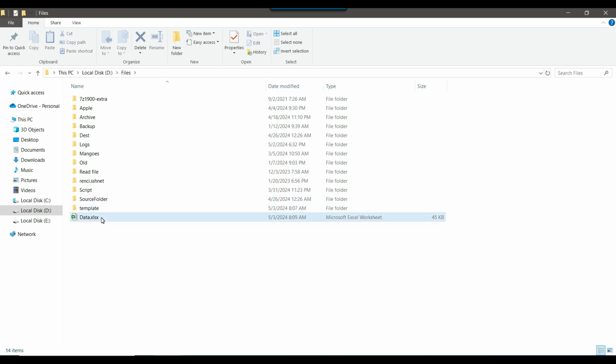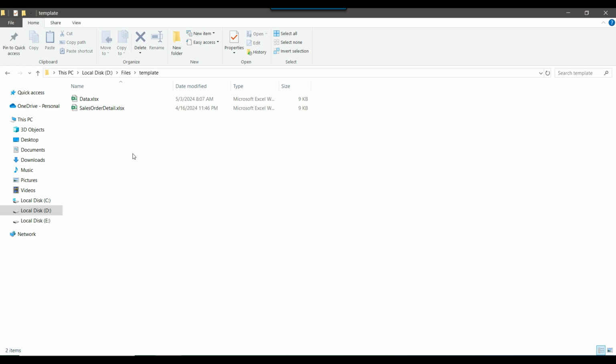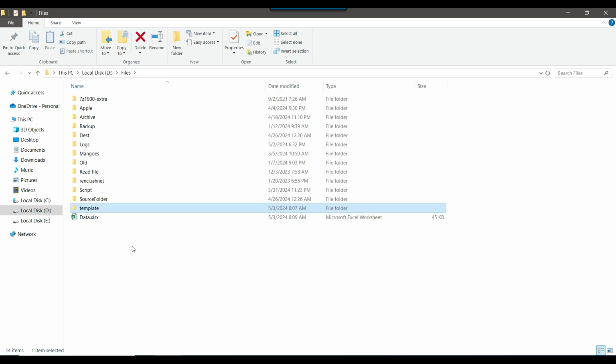If I don't copy the template file, then what will happen? If I rerun the SSIS package without making any change, then we will end up having duplicate records in the data.xlsx file, because right now it contains 1000 records, and if I rerun the package, it will again insert the same 1000 records into the same file. That's why we copy the blank file from here and paste it here, so that every time the package runs, it will end up having only the correct data in the Excel file. The copy operation we will do using the file system task, so we won't copy it manually, of course. That's why I created the template Excel file SSIS variable.